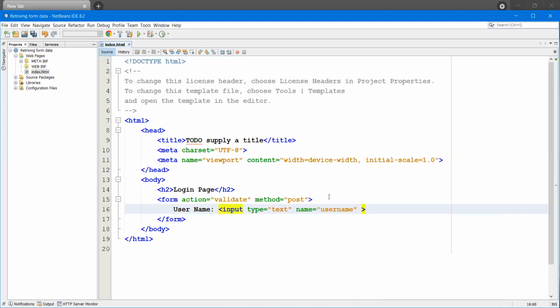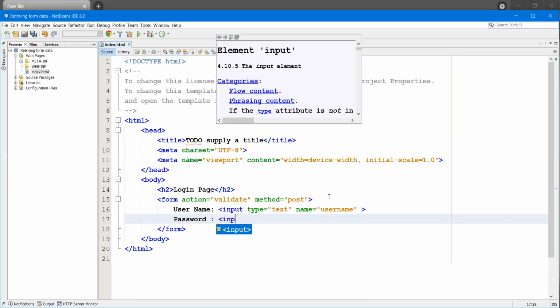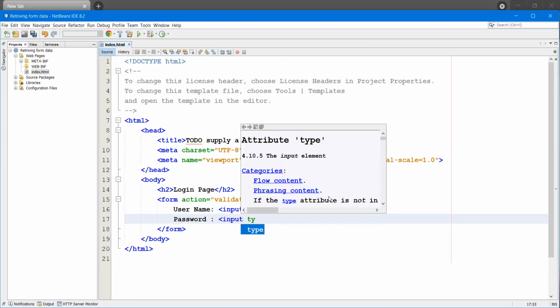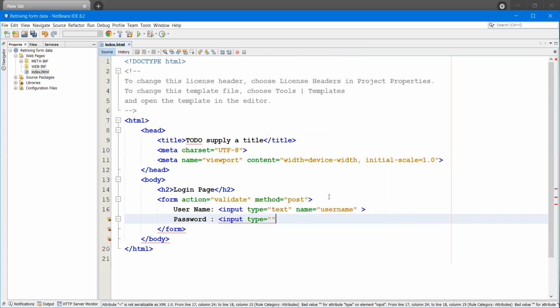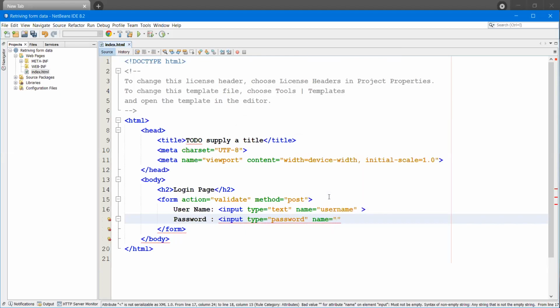That's all. Then password. Input type equal to, what is the type of that one? Password. Name is pwd.